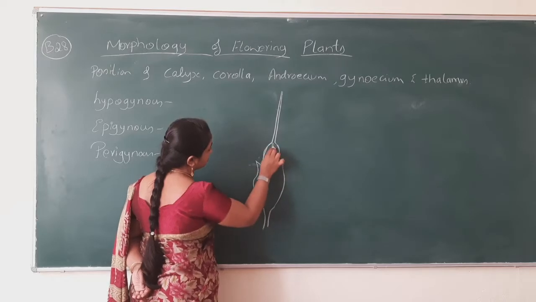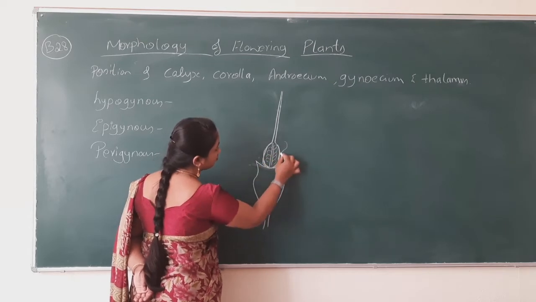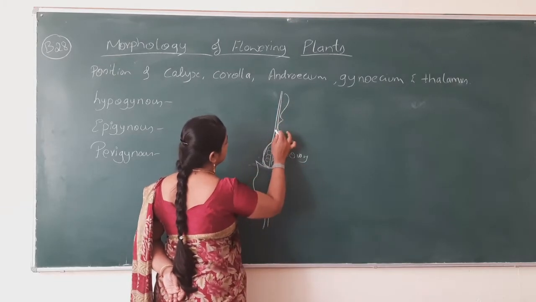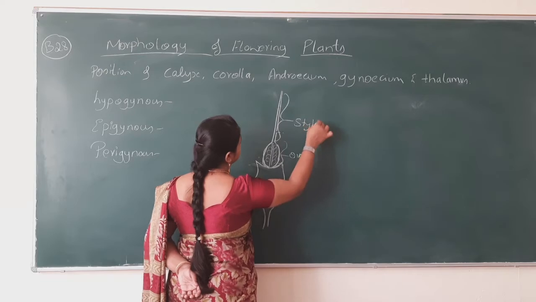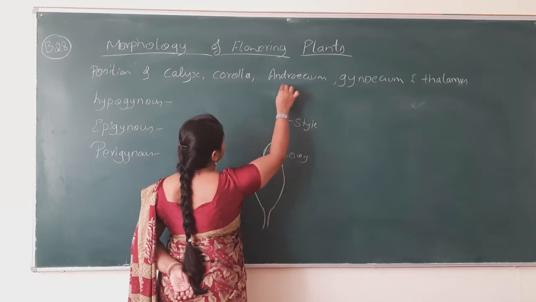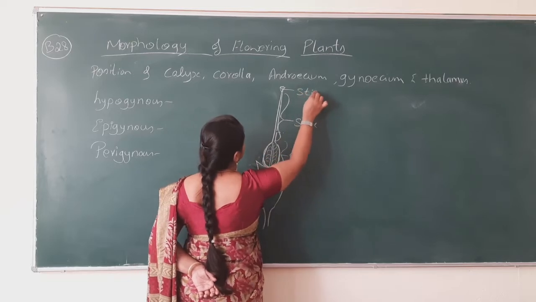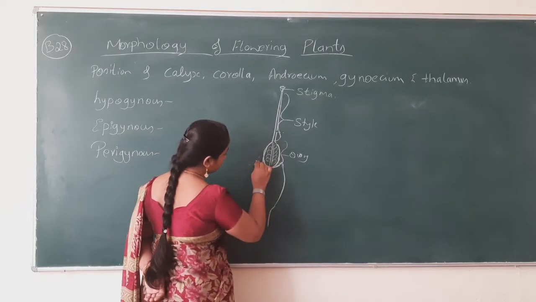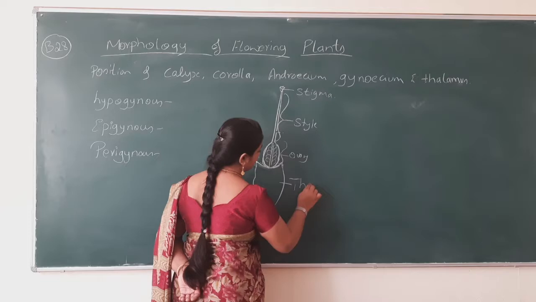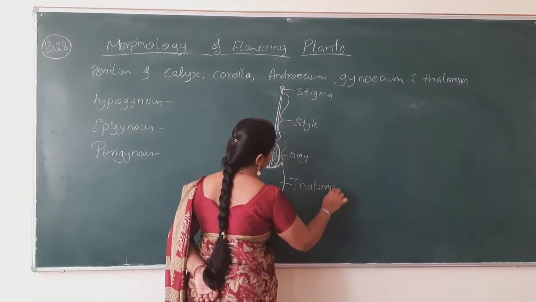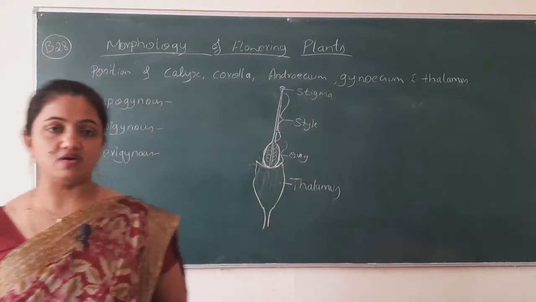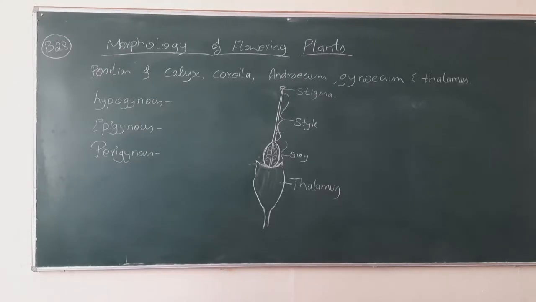So this is the ovary and this is the style and stigma. Okay, and this is known as the thalamus, a receptacle or a bulged portion, a swollen portion known as the thalamus. Now,